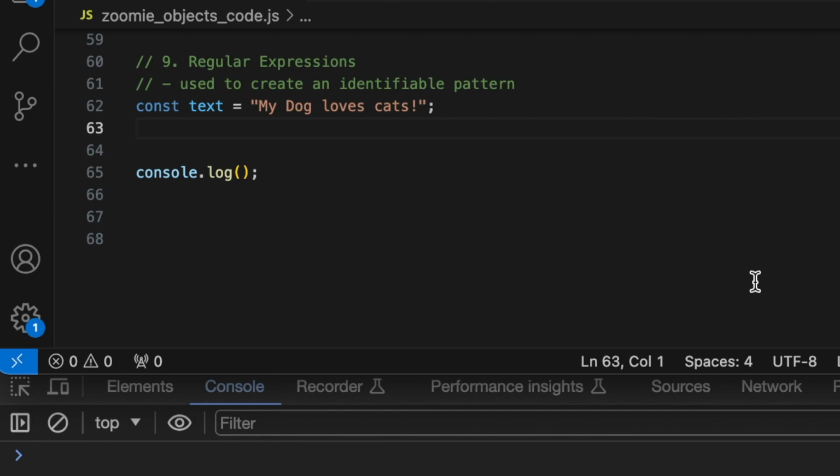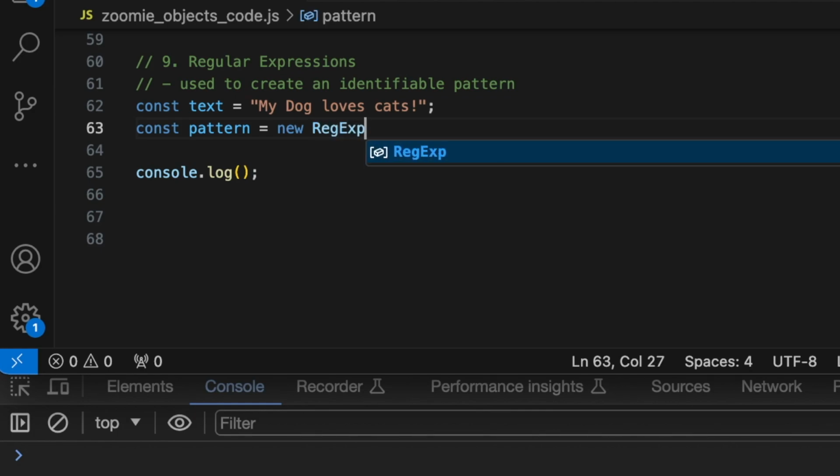Lastly, regular expressions. These are used to create an identifiable pattern in strings. Now, there are some regex wizards out there, and it's really cool to see their code. I am not one of them, but I can show you how to make a simple example. Over here, we have some text that we'll want to search. We can declare a pattern variable and use the new keyword followed by the regex constructor to make a new